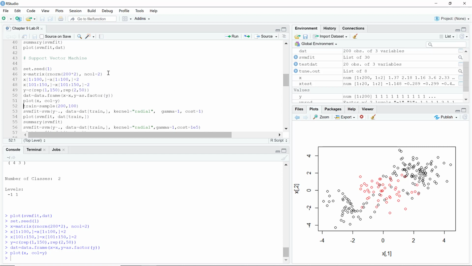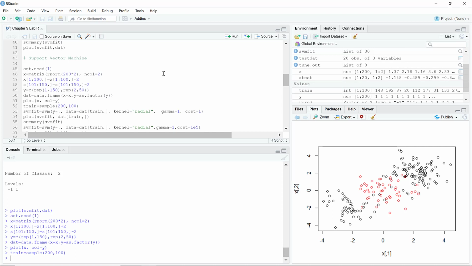When we look at where this data came from, we made 2-dimensional random normal variables. And we made 200 of them, and then we shifted some to the left and we shifted some to the right. So there's not any nuanced structure separating these. So the separation between these should be linear on either side of the red, and everything in the middle should be red, and the things on the outside should be black, just knowing where this data came from. Okay, so we're going to create a training set from this,